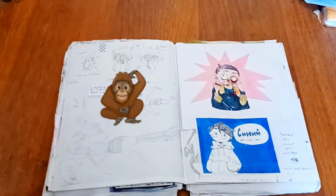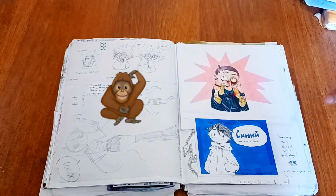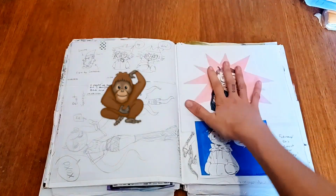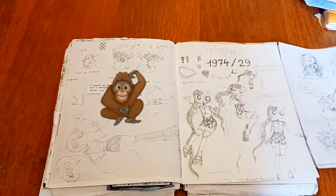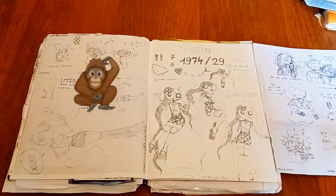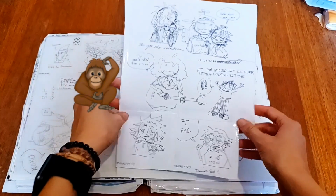Is this straight? Okay, it is. More Ferdinand. He got beat up. I don't know what happened to him, but it sure did. And he lost his hair. No, his wig. What is behind this? Oh, it's my Powerpuff Girls OC. Her name is Reaper. She's this evil little gremlin of a girl, and some sketches of